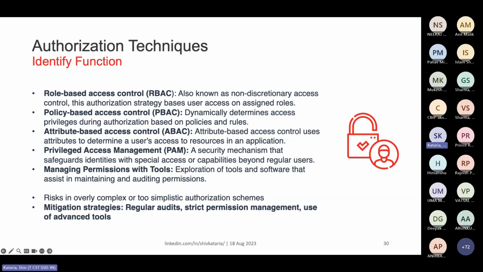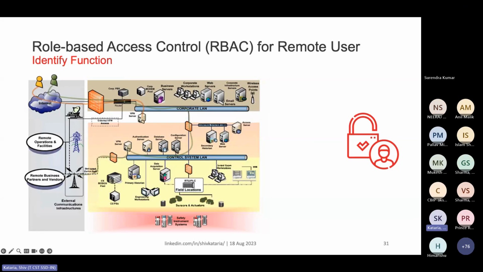So I have kept a specific example here for an architecture for giving remote access to a user. In this architecture, you see the remote user who is sitting here on the internet side. He will first get access to a VPN server in the corporate network. And from this VPN server, he will get access to another VPN server or service PC in your control system LAN. Once he gets access to this particular VPN server in your control system, then he will do RDP to the particular system that he wants to access on your control system,